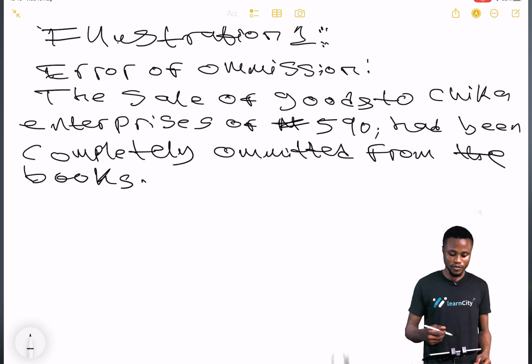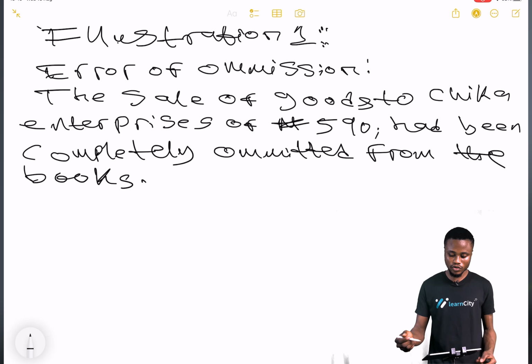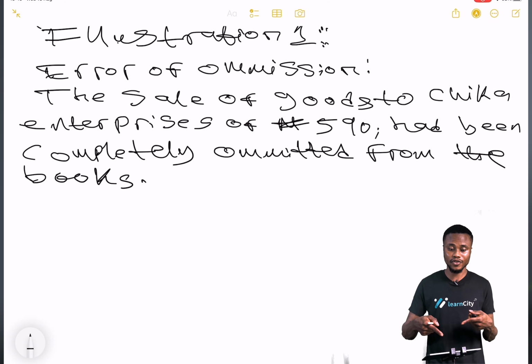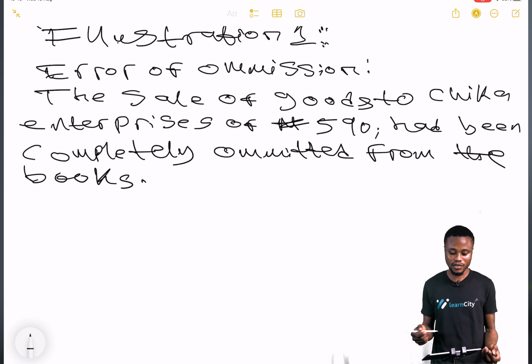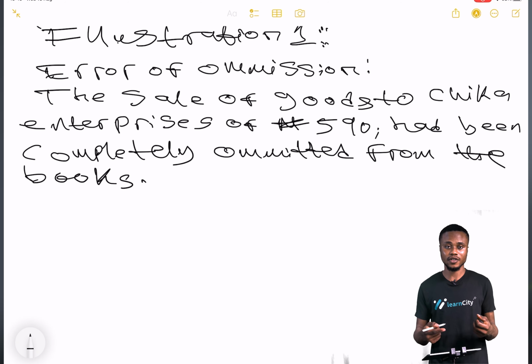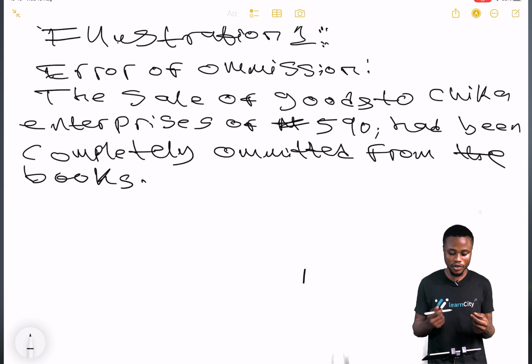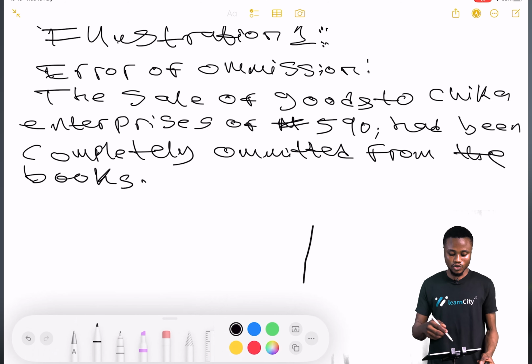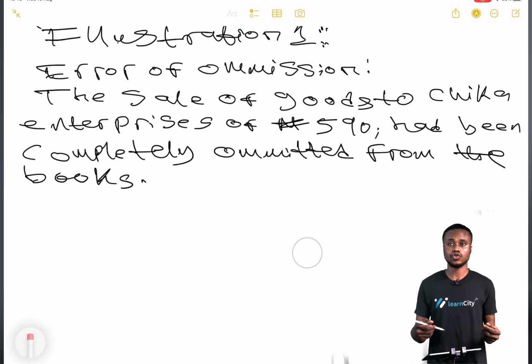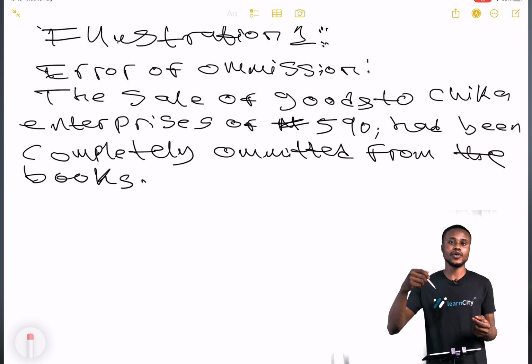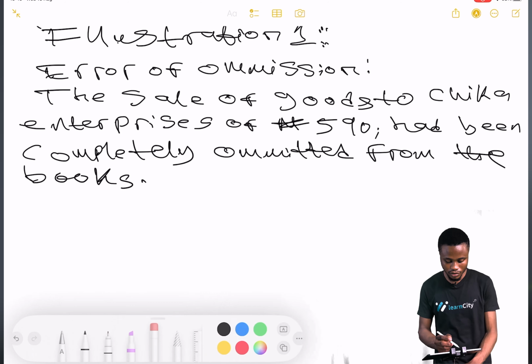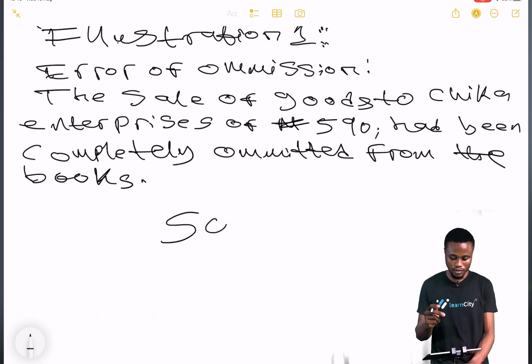If you see this type of question, that the sale of goods to a particular person, to Shika Enterprises, worth the amount of 519 naira, had been completely omitted, what should come to your mind is that this type of error is the error of omission. So you are required for this type of question to use the required journal to record this transaction. The solution now will be,